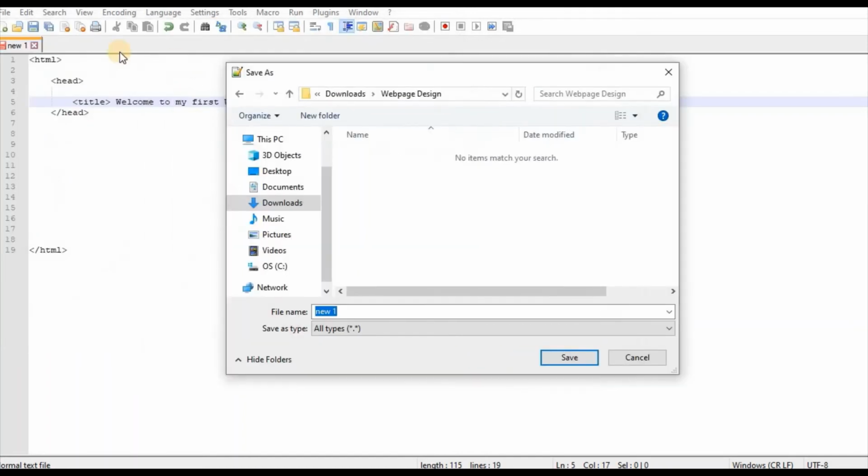Reason being is because whenever we were in the notepad here, the name that appeared was new one. However, the name that we want to change this to is either home or index. What these terms mean is that this is the page that our users will first see once the web page is open in an internet browser. So in this case, I am going to use index,